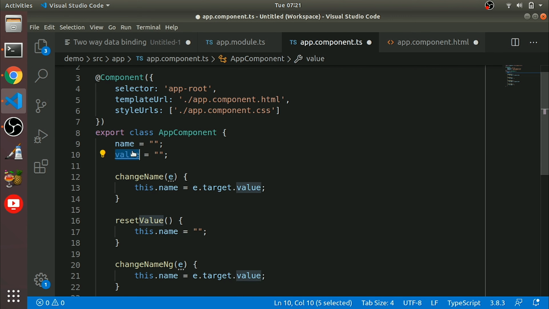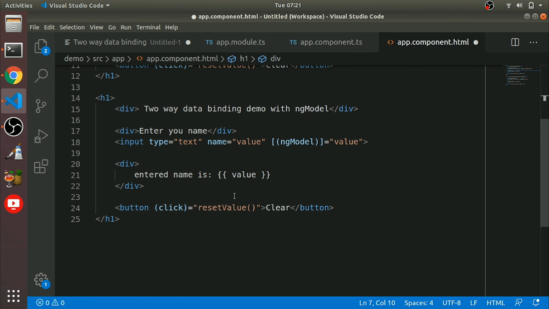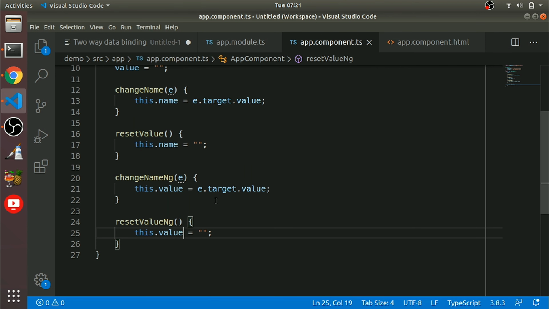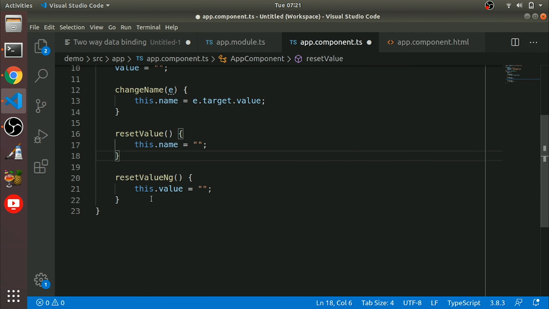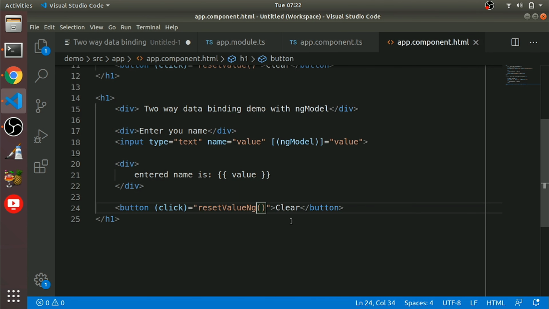So here we will use the value property, this third value. Here also the same thing, we need to use set value ngModel. Okay, so this thing we don't need, right? Behind the scene it will do it for us. So we just reset the value. Okay, so let's see how it's working.